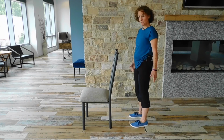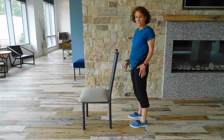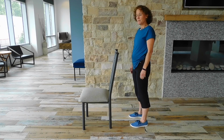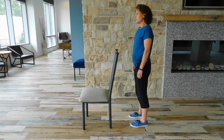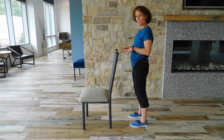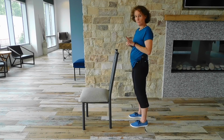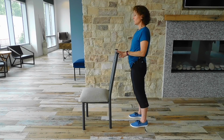We'll take a little break. You're probably feeling a little bit of muscle burn in the back of your calves. That's good. You want to feel that. We're going to do a second set of 10. And when you're doing this, I want you to think about keeping the weight over the balls of your toes. So you're really feeling the weight in that big fleshy part of your foot, right by your big toe. So we're going to start 1